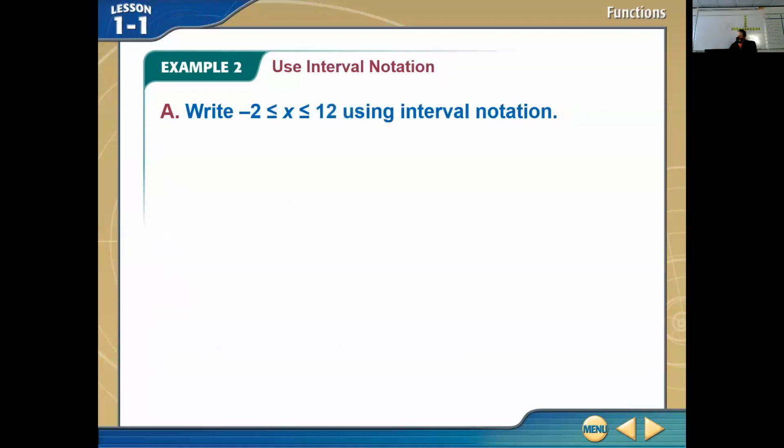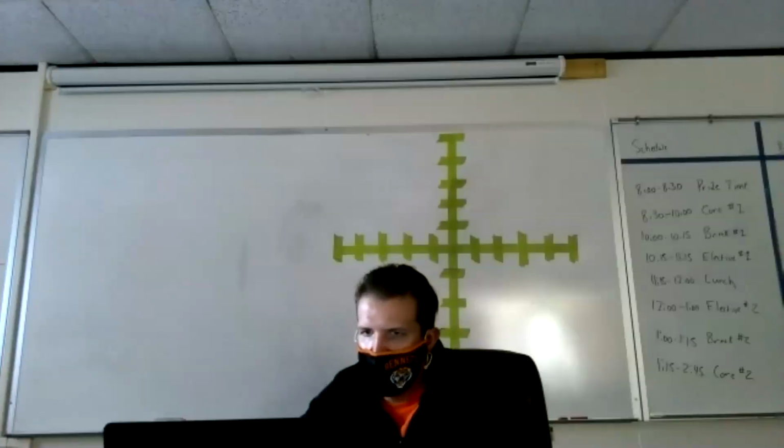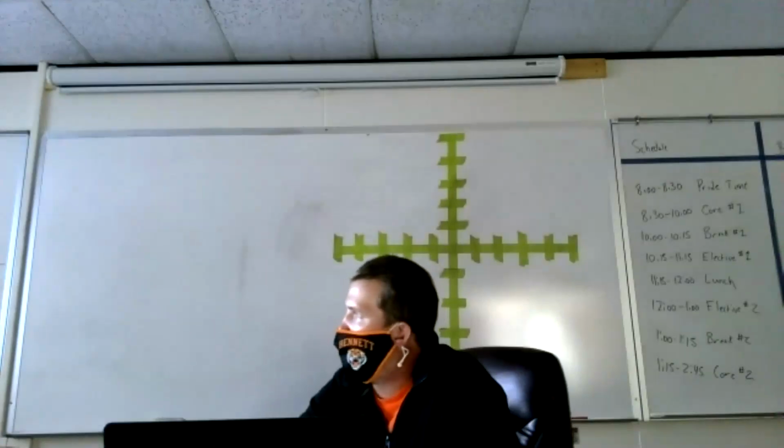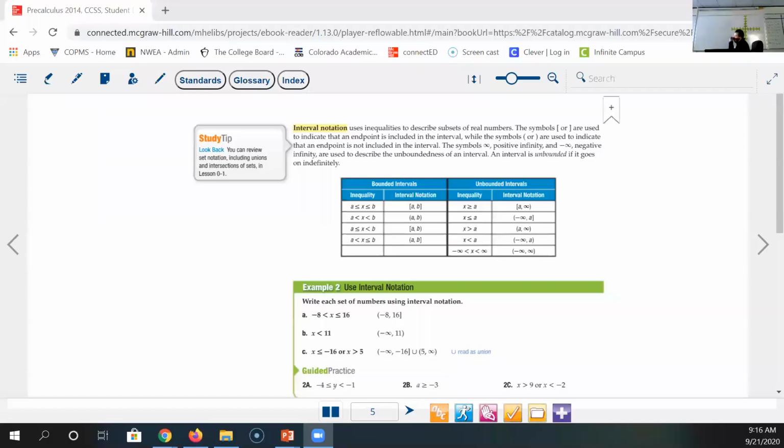Okay, so then that brings us to interval notation. Interval notation is another way to describe a domain, but it is centered around using inequalities, and we're going to use a series of brackets and parentheses to help describe us. So this table occurs on page 5 of your book. Okay, and I want to look at bounded intervals first. Okay, that's where the inequality a is less than or equal to x, and x is less than or equal